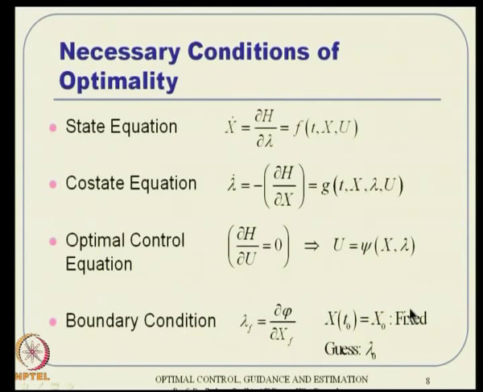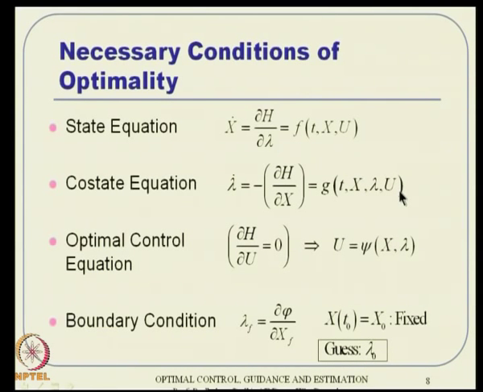Alright, so this boundary condition, I told you that this is the final boundary condition, this is the initial condition. This strategy tells us to be a little more intelligent and have a guess for lambda 0. So, how about starting with a guess? Again I need to emphasize here that guessing a lambda 0 value is not a trivial task. It requires a lot of insight into the problem, or essentially it has its own tricks and techniques for how to guess this lambda 0. And one way that I will recommend probably is you can guess an intuitive control history.